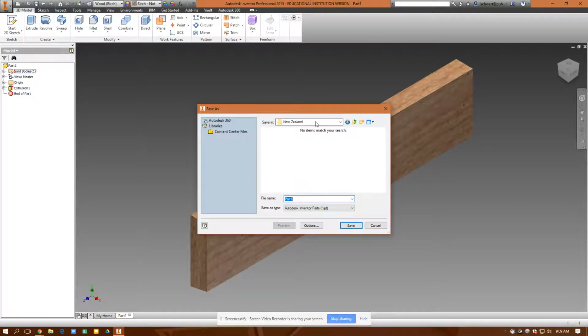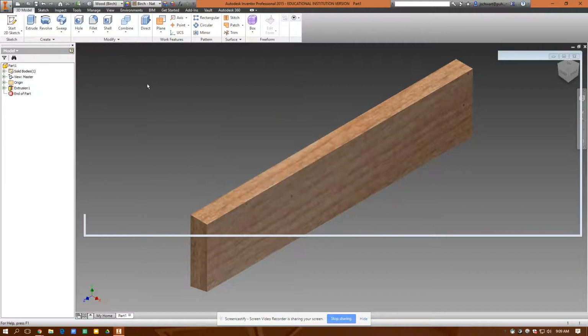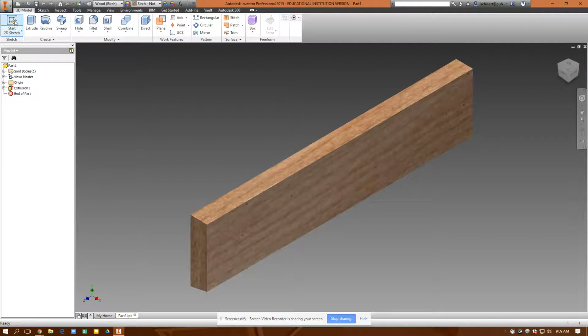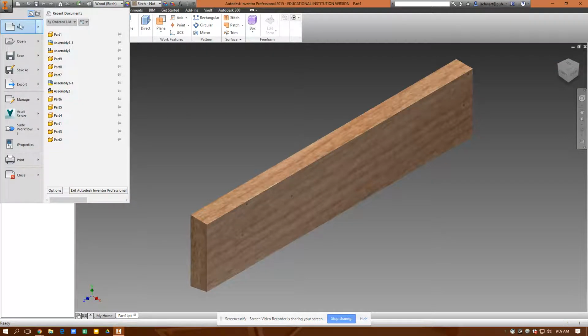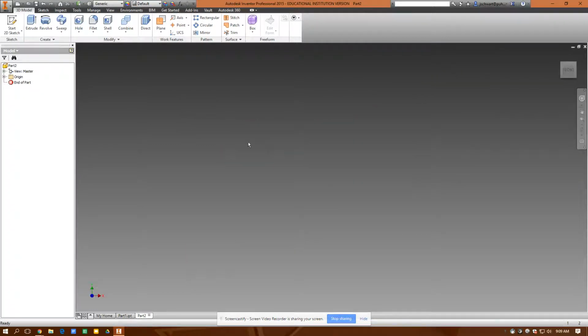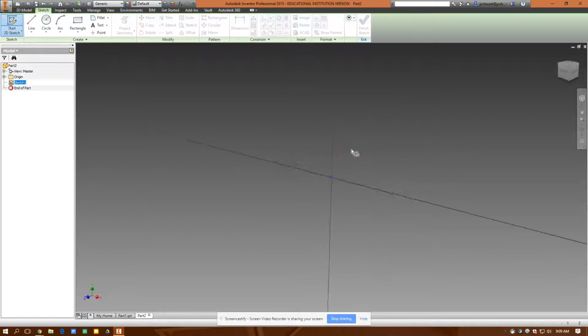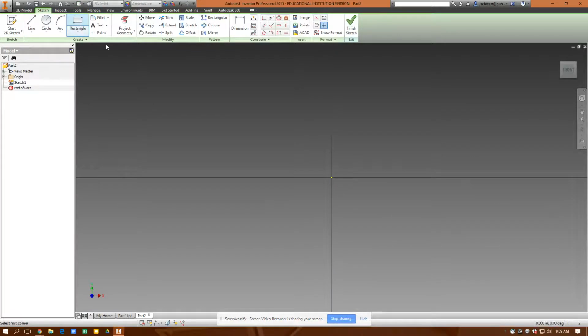I'm saving it in the New Zealand folder. Okay. Now I'm going to create my second part. So I'm going to go File, New, Part. And my second part, I'm going to do the same thing in the XY plane. This is going to be the bottom piece. It's a rectangle starting at the origin. It's 1 1/4, 1 1/4, tab 3/4, enter,